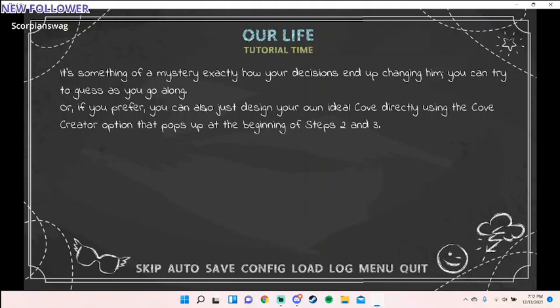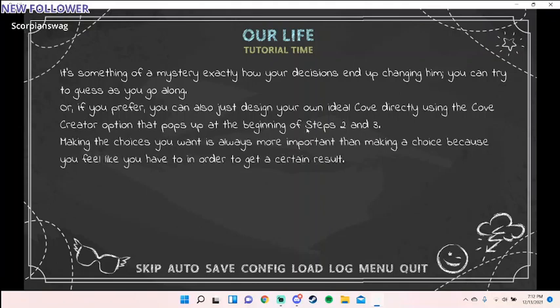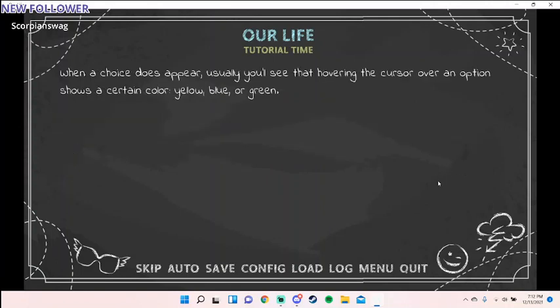Probably my own problems. Making the choices you want is always more important than making a choice because you feel like you have to in order to get a certain result. In this playthrough, I'm probably going to make the choices that I would make in real life. Not like, oh, I would make these because it's an option, but something that I would genuinely do in real life. Not like, oh, I'm going to be more flirty and confident in the game, because, you know,